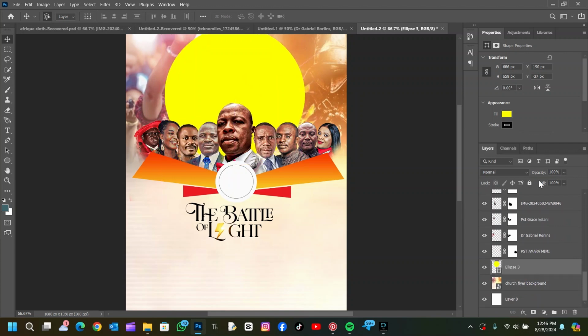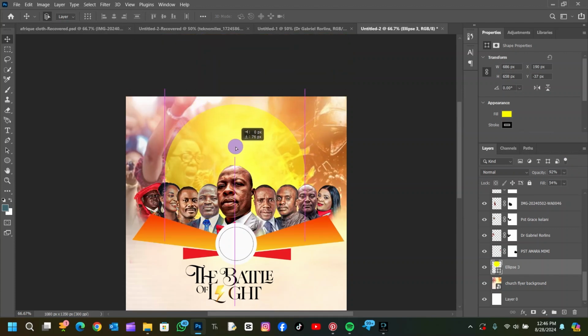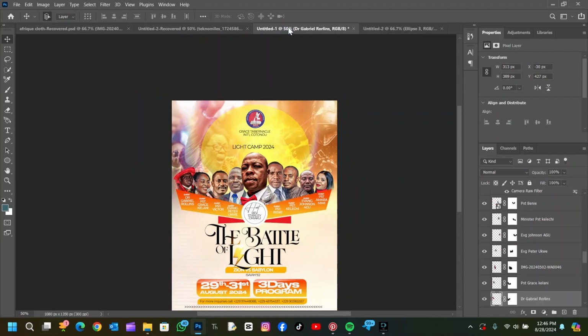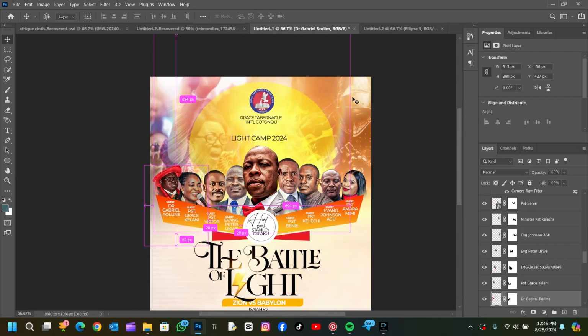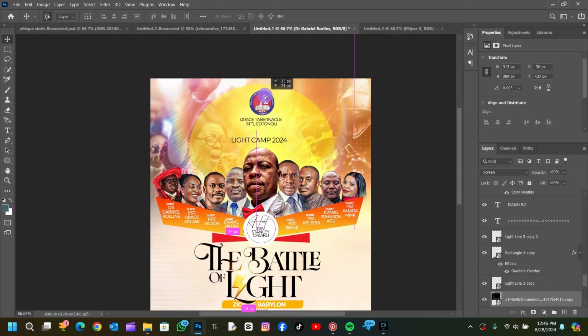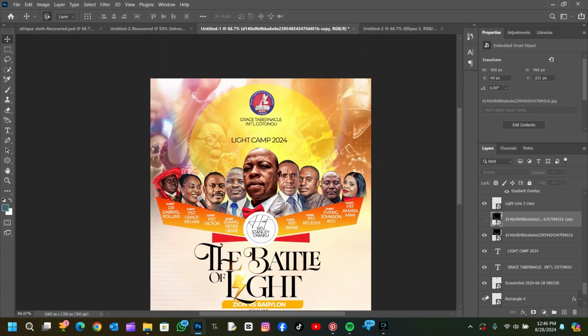So what you're going to do is to reduce the opacity and the fill so that it can be a bit visible. So this is how it's going to look like when you reduce the opacity. You can reduce it a little bit more if it's too visible. So this is how it's going to look like, just like this, as you can see here. So I'm just going to bring my logo and everything I used. Sorry, I have to off this. So I'm going to bring my logo